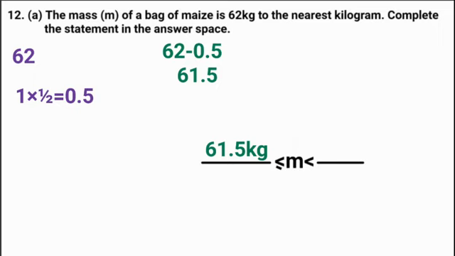Then we complete the other side. On the right side, we want to find the higher bound or the higher limit. So we write 62 plus 0.5. When you add that, it gives us 62.5. Now 62.5 is the higher bound or the higher limit. So we say M is